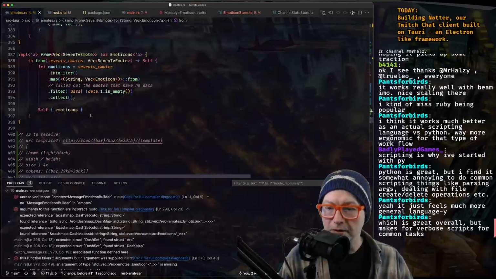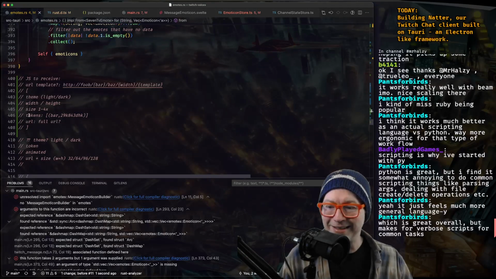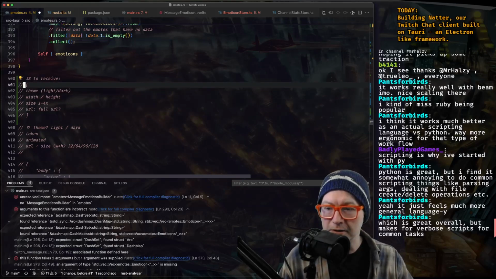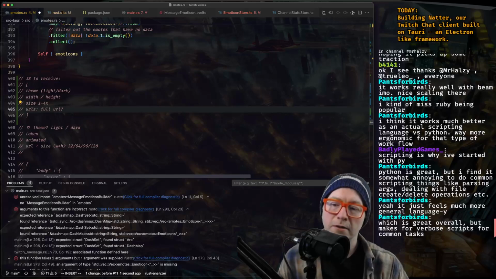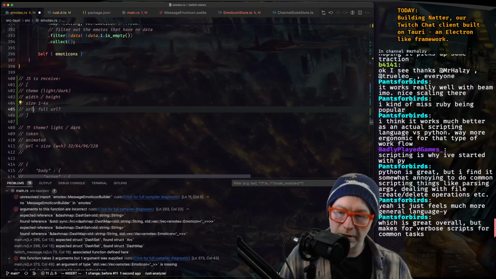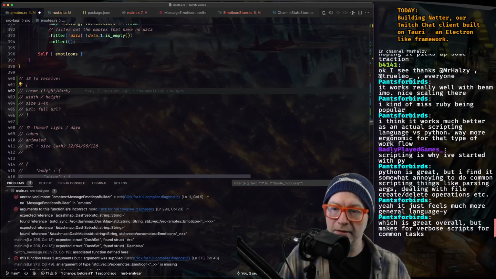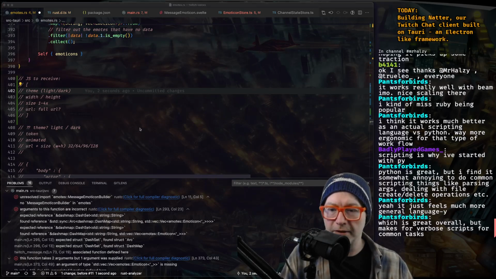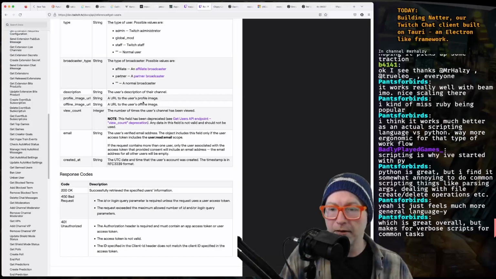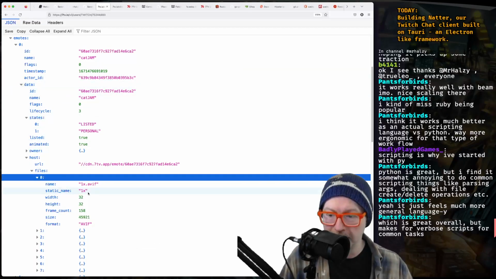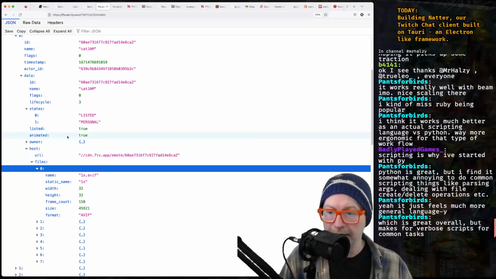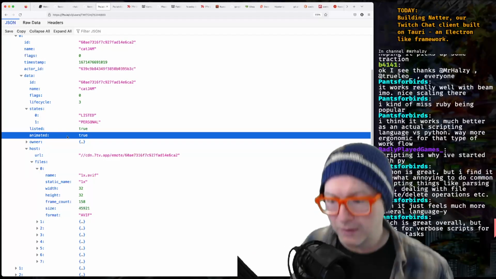Let's look at our nodes. Theme, width, height, size, token. Oh, we're getting rid of tokens. That's gone. And sometimes URLs, plural. Ooh, no, no, no. Let's do one and have... See, we know whether or not it's animated, right? So I thought I saw animated. Frame cut format. Animated, true. So we can know if it's animated.